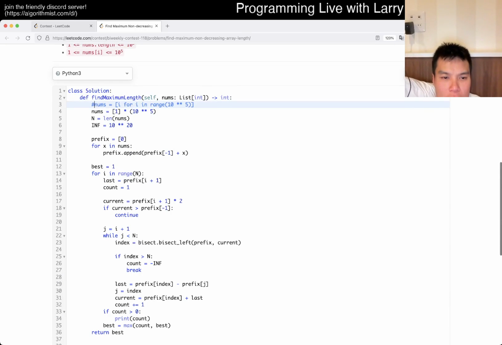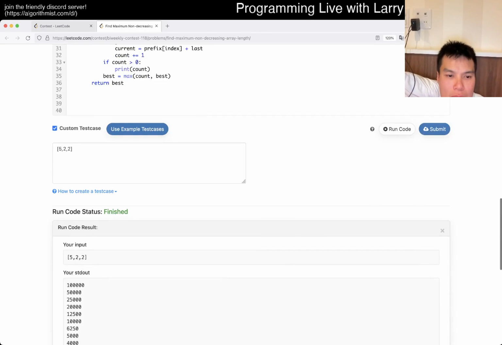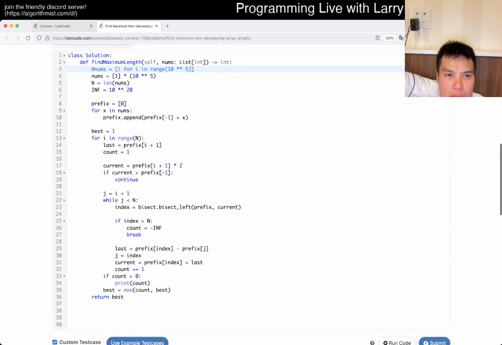So that shortcut didn't do anything. Wait, this is faster though, but